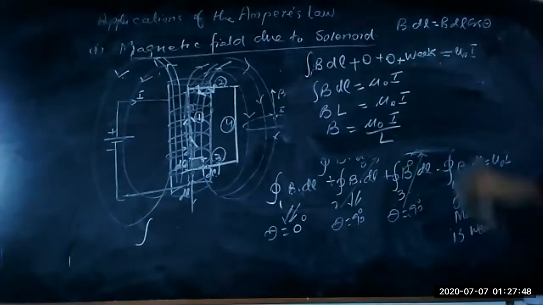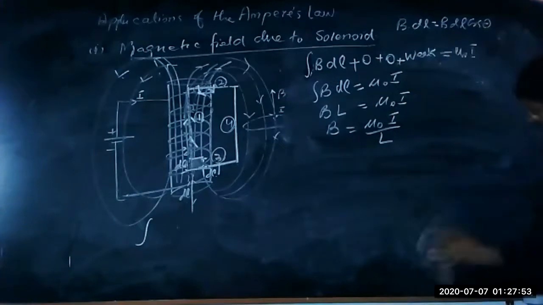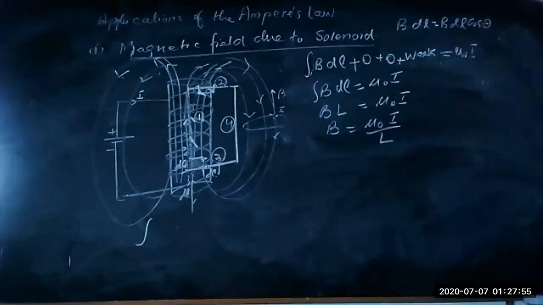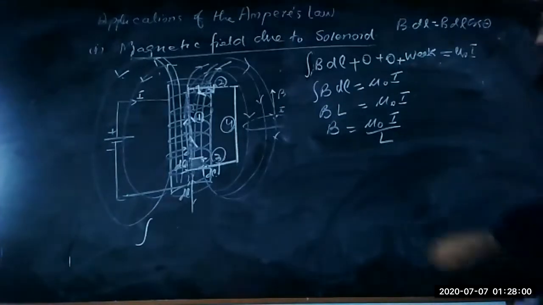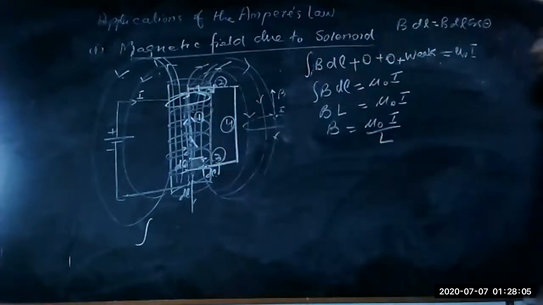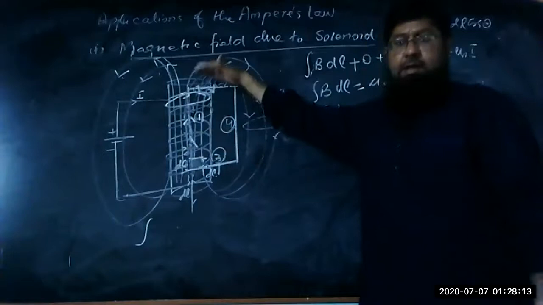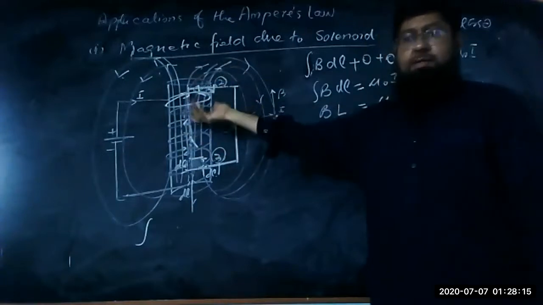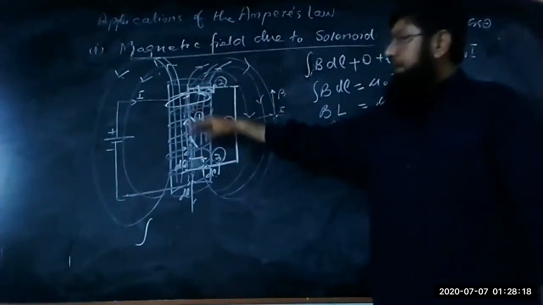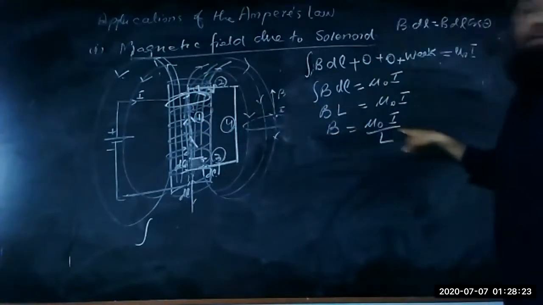Now here, the magnetic field we have found is the magnetic field due to the single coil. Here, this is the single coil magnetic field, we talked about one coil. If we have n number of turns, suppose here 100 turns, or 50 turns, or 200 turns, then the amount of the magnetic field will change. So if we consider n number of turns in a unit length, then the magnitude of the magnetic field will change.